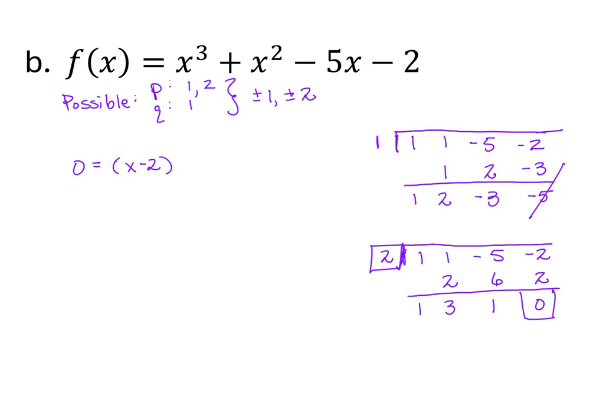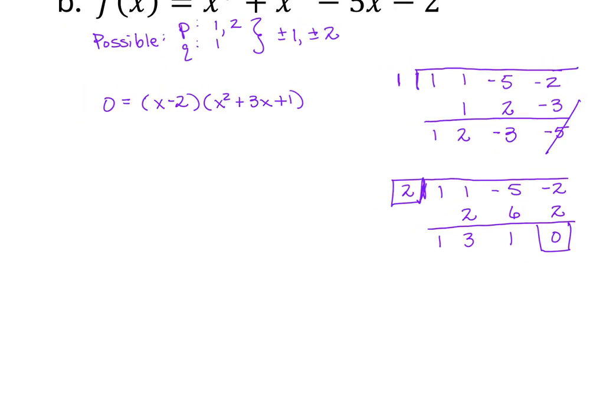But this is going to be x minus 2 times x squared plus 3x plus 1. All right, so I know one of my solutions is x equals 2. All right, we're going to go ahead and put that here. We want to make sure that we remember that is there. On the second factor, x squared plus 3x plus 1,